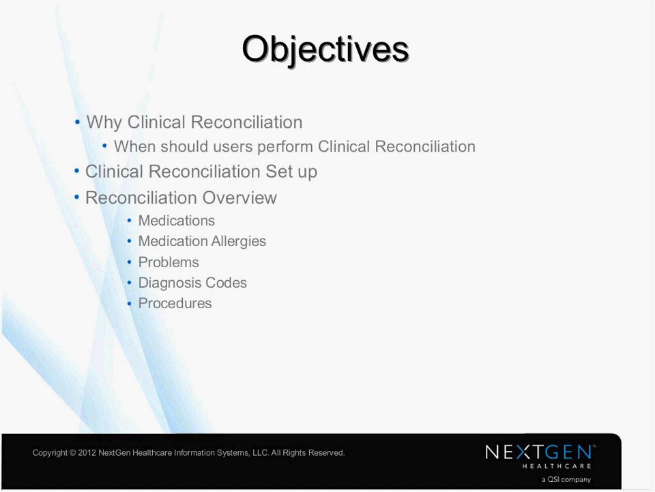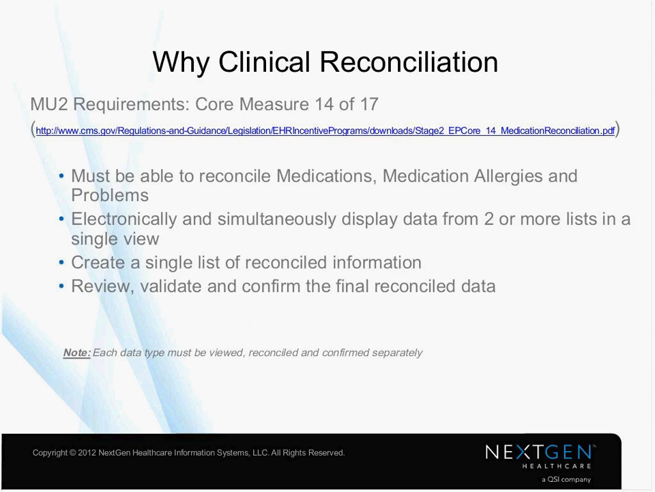And then move on to why clinical reconciliation. Meaningful use requirement, core measure 14 of 17. It basically states that users must be able to reconcile medications, medication allergies, and problems. Locally and simultaneously display data from two or more lists in a single view. Single list of reconciled information. View, validate, and confirm the final reconciled data. So essentially what you're going to see when we get into the actual application is all of these values, and I'll pinpoint them and tell you exactly where they are and how we're meeting that